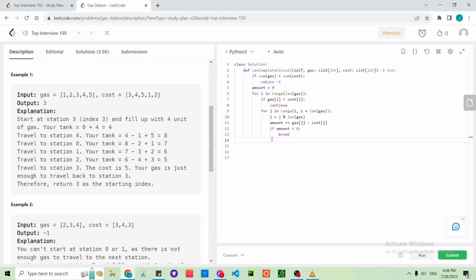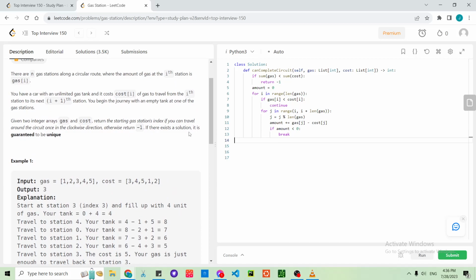And if it does work, since it says it is guaranteed to be unique, then if it does work, then we can return. Strange. So what about the last one? If it's at the last one, when it's at the last one,